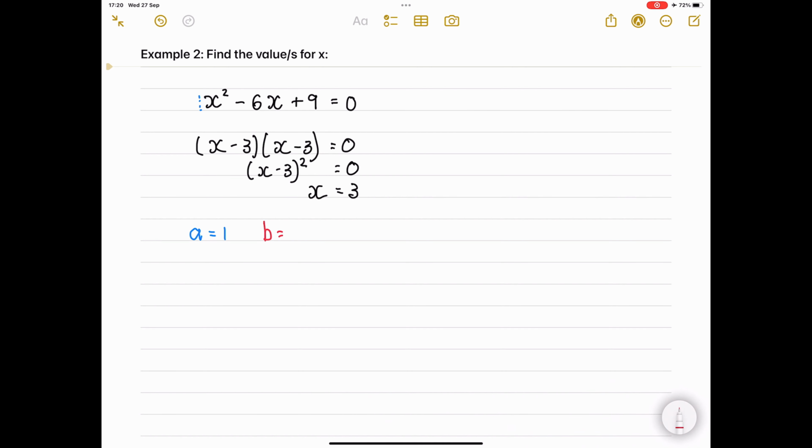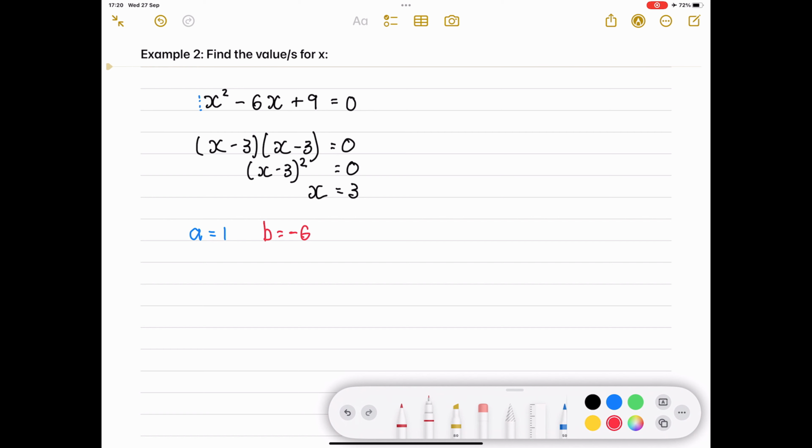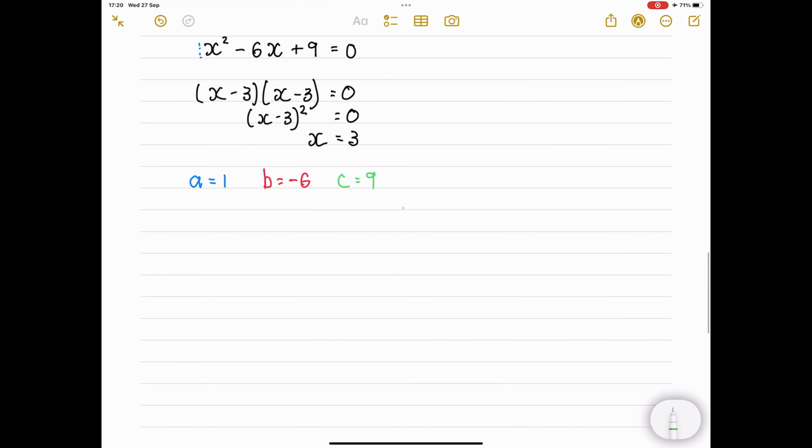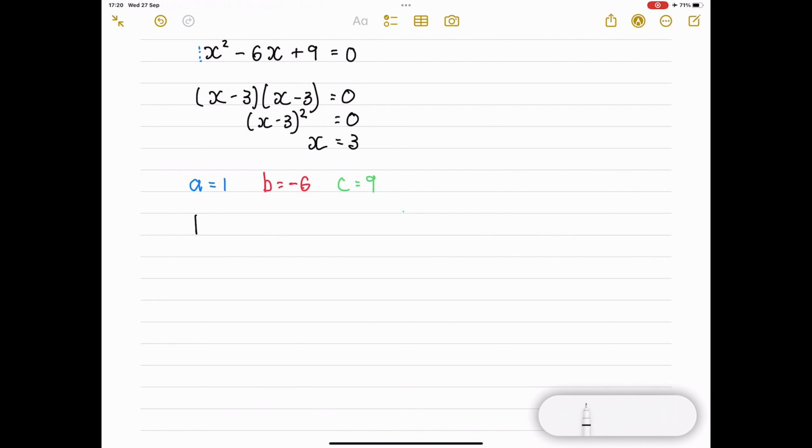Your b is going to be -6, and your c is going to be 9. So for interest's sake, if you work out the discriminant, which we already know is going to be equal to 0, because we can only get one value for x, but just to show,